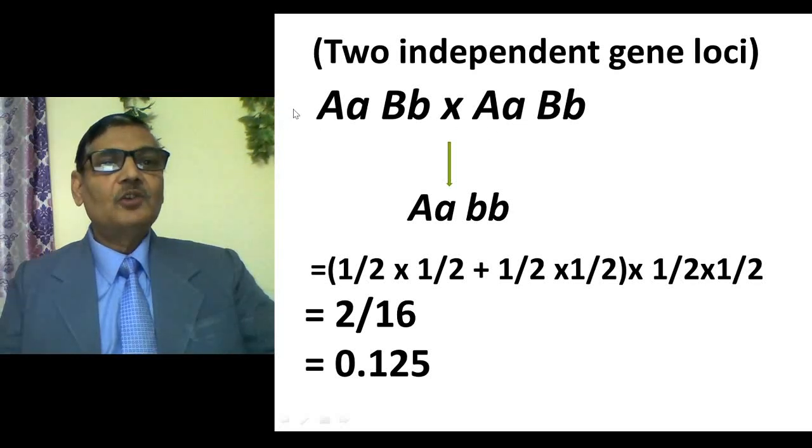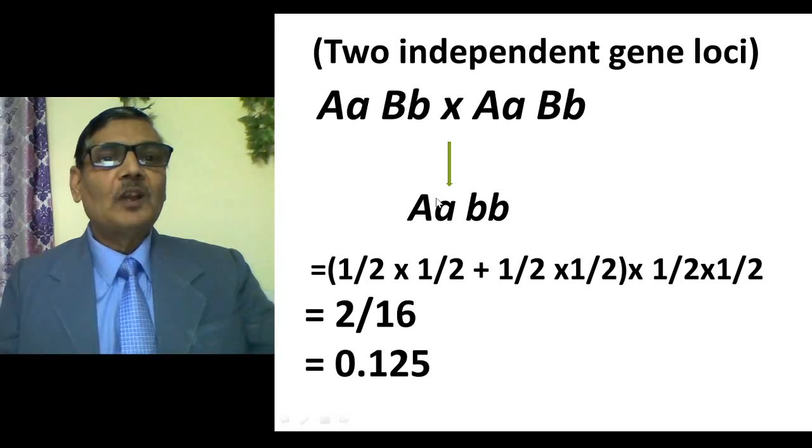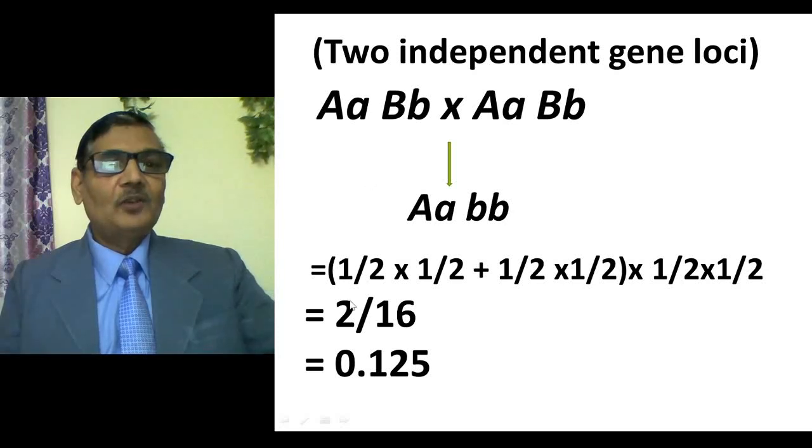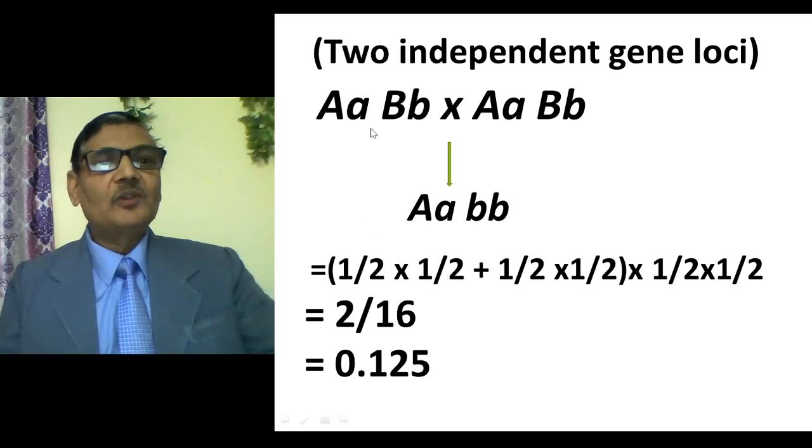If we cross two heterozygotes of this genotype, then getting heterozygotes in the next generation will actually be 2 by 4. We all know that capital A small a, if crossed with capital A small a, then in the next generation getting capital A small a, its chance will be 2 by 4. So exactly the same thing I have done here, that is, getting capital A from this side will be 1 by 2 and small a from this side 1 by 2. And just a reverse situation will also be there, that is getting small a from this side and capital A from this side, it will also be 1 by 2 into 1 by 2.